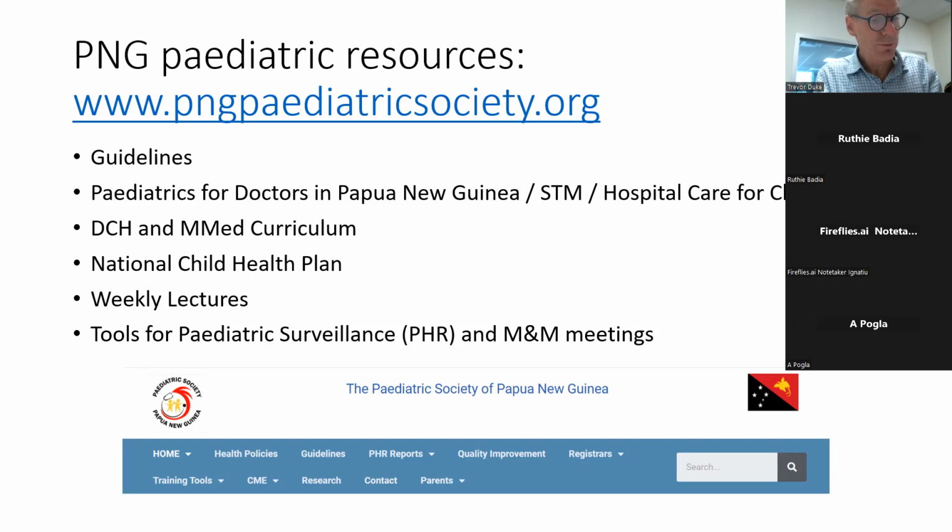Again, an excellent book, both as a reference book and as general reading. It's particularly good as a reference book because it's very well indexed, and it has a page or two at most on any given topic. So it's easy to read, and it's very well indexed. It's not a comprehensive textbook of pediatrics, but it has everything that you would need to know about common diseases and common procedures in Papua New Guinea. So I would encourage you to get a copy of Pediatrics for Doctors in Papua New Guinea,